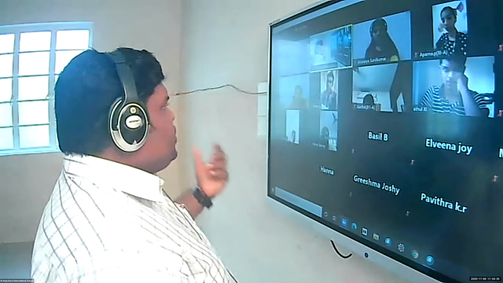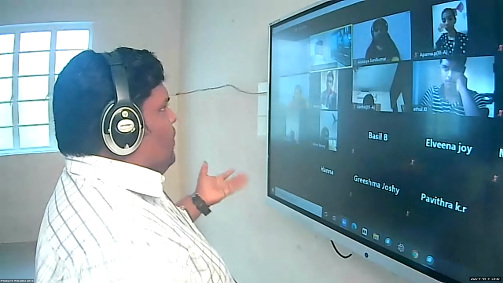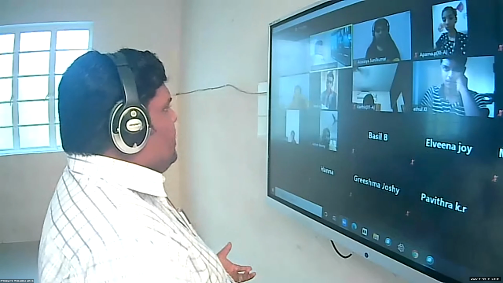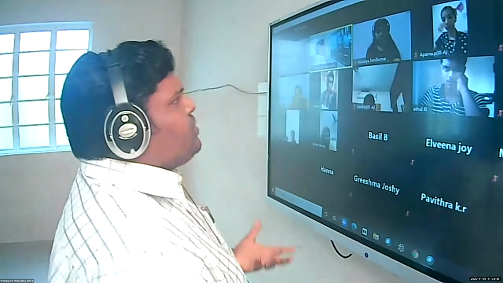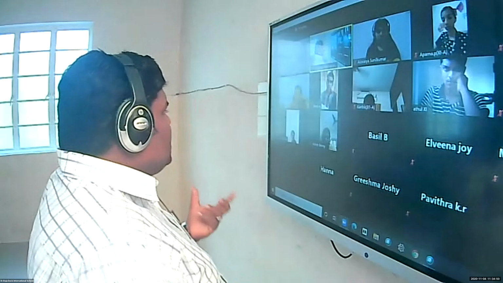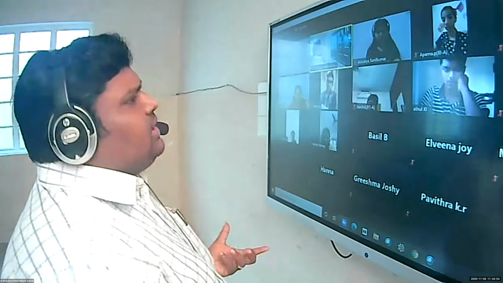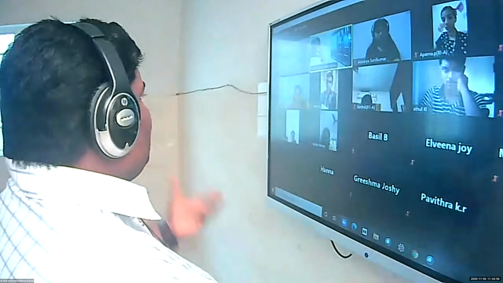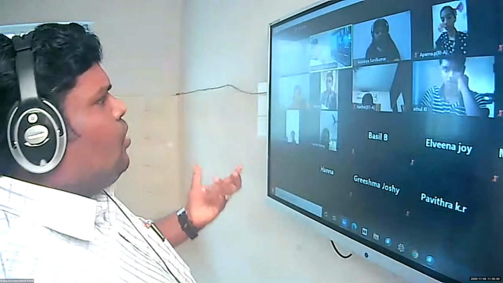So instead of cultivating for 2 seasons, you can cultivate for 4 seasons, right or not? If you are using a high yielding variety of seeds, instead of 2 seasons we can cultivate for 4 seasons. Clear or not? Regular seeds take 4 to 6 months to get the result, but high yielding variety seeds take 3 to 4 months, so we can increase to 3 or 4